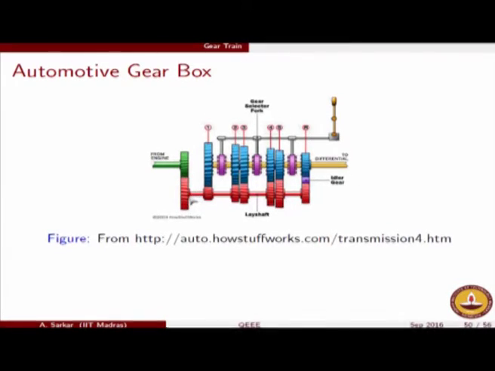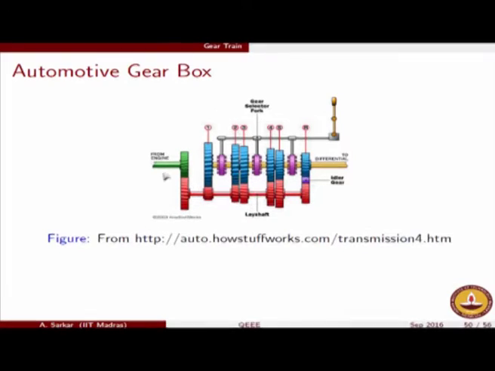There is a lay shaft which carries multiple gears, and each of these gears is meshing with blue gears that are shown to be mounted on this output shaft. Actually these blue gears are running freely on the output shaft. The blue gears are actually not connected, though it may appear so in this drawing. If you carefully look at the animation on their website, you will find that the blue gears are not mounted on the output shaft. They are simply running free on the shaft. So the condition we are seeing now is basically the neutral position of the gearbox.